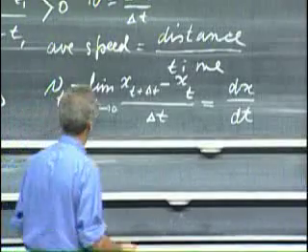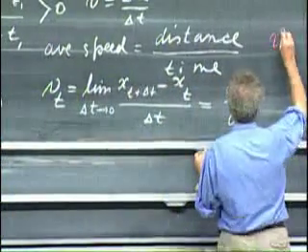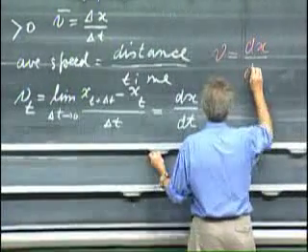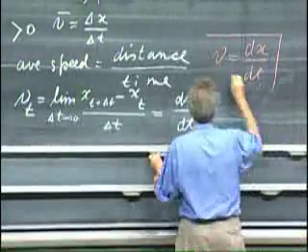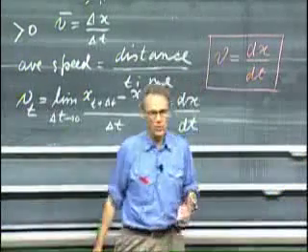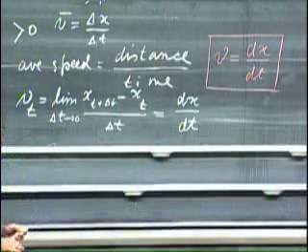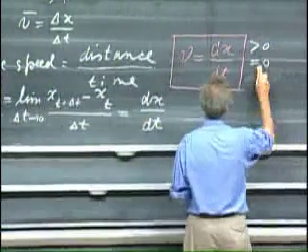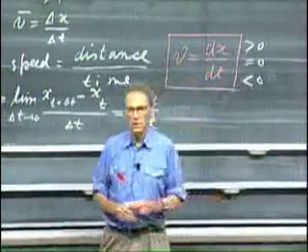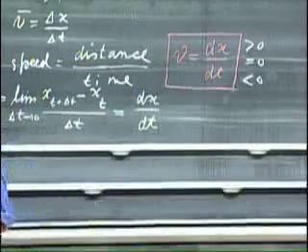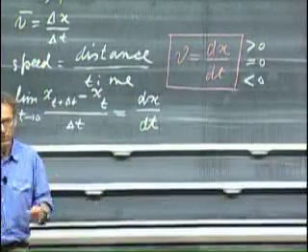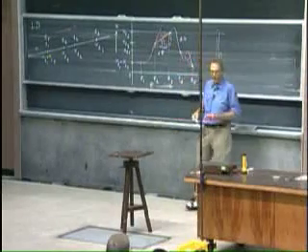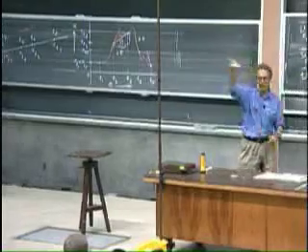And now comes an equation, which is one of the very few that I want you to remember. In 801, v equals dx/dt. This is one that you must remember not only in 801, but for the rest of your time at MIT. And this could be larger than 0, this could be 0, and this could be smaller than 0. If the angle of alpha, the tangential, is positive, then it is a positive value. If it is negative, then it is a negative velocity. And if the angle of alpha is 0, then